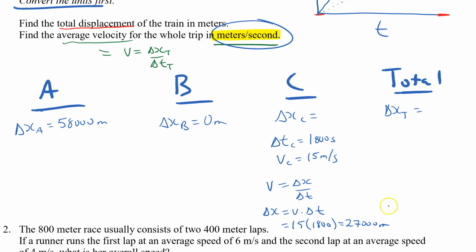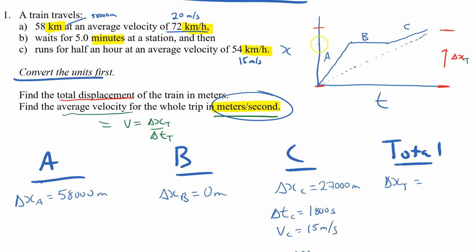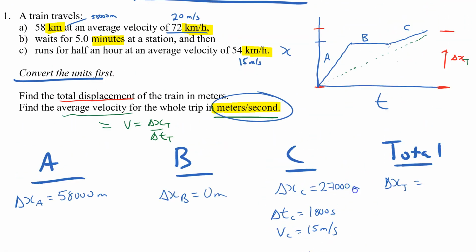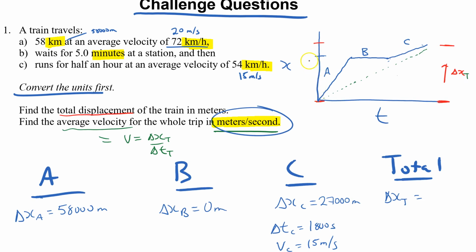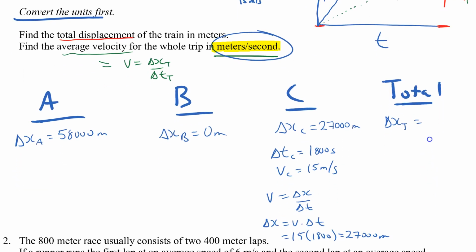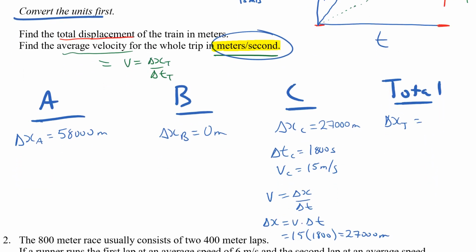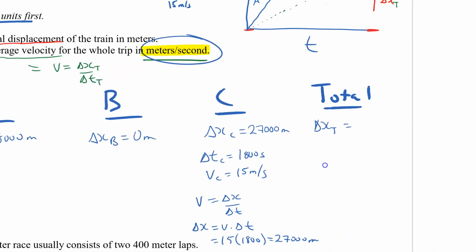27,000 meters. So here it is, 27,000 meters. So what is the total displacement? We can even label this in here. This would be 58,000. And then between here and here, section C, is another 27,000. So the jump from here to here is 58,000, and then we would have to add the 27,000 to get the total. So what is that? 85,000